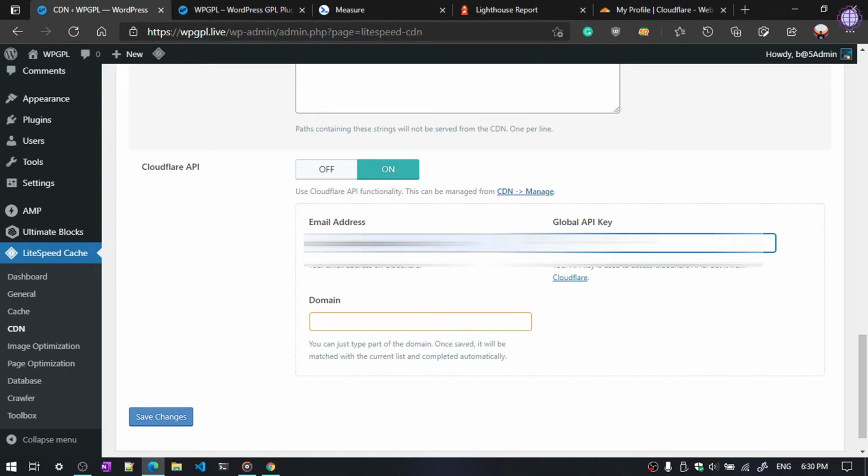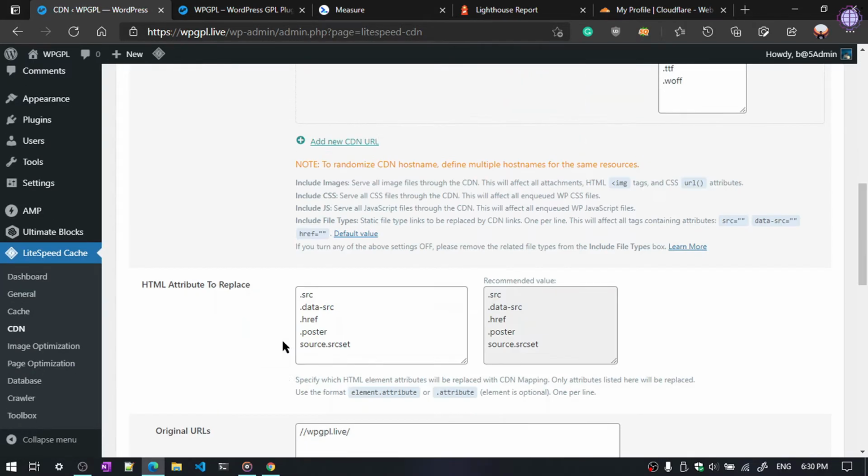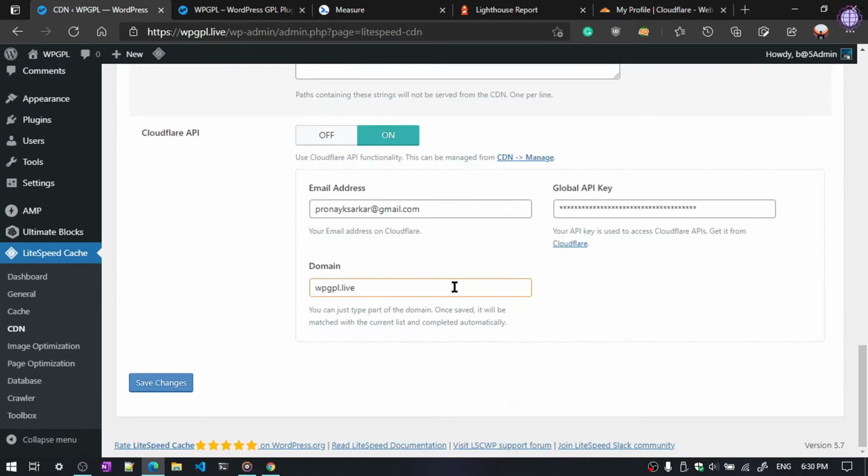So guys, I have copied my global API key, and my domain name will be this one, as you can see. So we need to remove the HTTPS portion and good to go. Then click on Save Changes. Okay, now our Cloudflare CDN is enabled